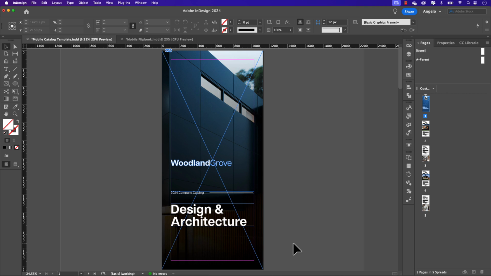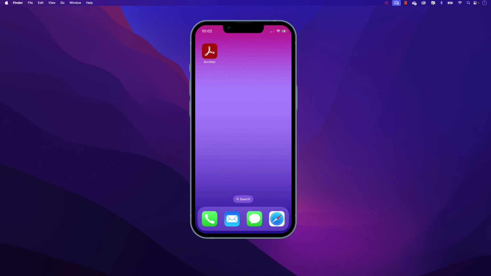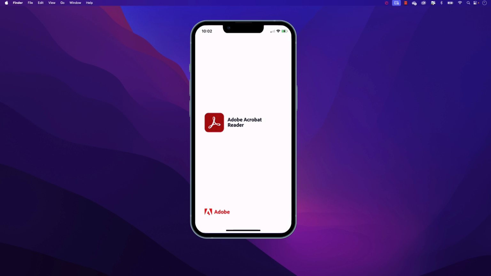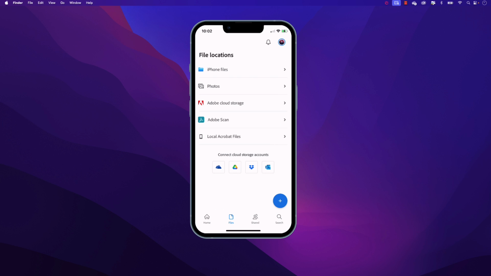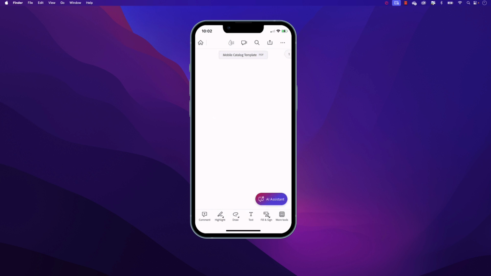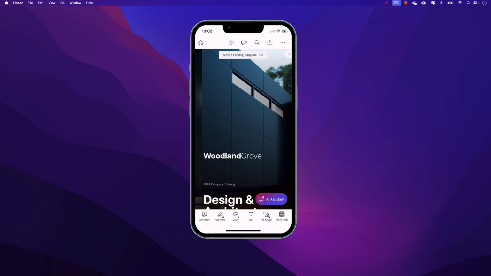Adobe Acrobat app. Before we jump over to the Acrobat Reader, you can download the mobile app for iOS or Android to follow along. I've included the links in the description below. I have the PDF on my mobile device and I want to view it in the Adobe Acrobat Reader. You're going to have to download this app for iOS or Android. You can see I already have mine, so I'm just going to tap on it to open it. And you can see that if I go to my iPhone files, there it is as the first document, the first PDF. It's going to open in continuous view, so there are a couple viewing options when you're viewing on